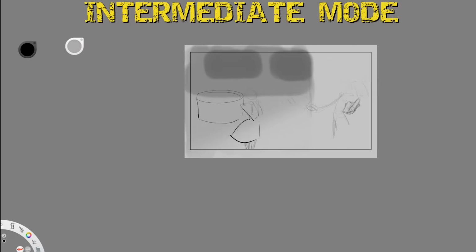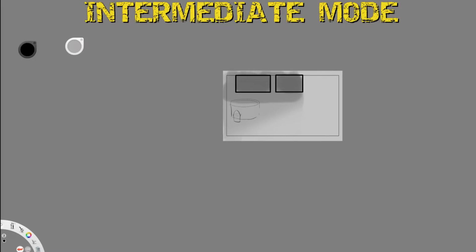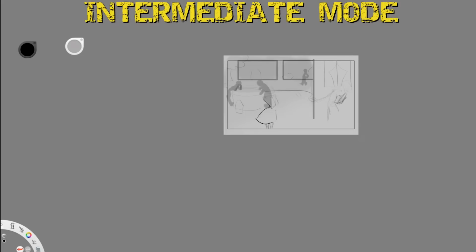There are a lot of methods for laying out your background, and for intermediate backgrounds, blocking in shapes, almost like placeholders for the foreground, midground, and background sections, helps to establish depth. Just like thumbnailing, zooming out and roughing in those shapes helps to see the full composition at a glance when placing design elements and testing out ideas without investing a lot of time into the detailed line work